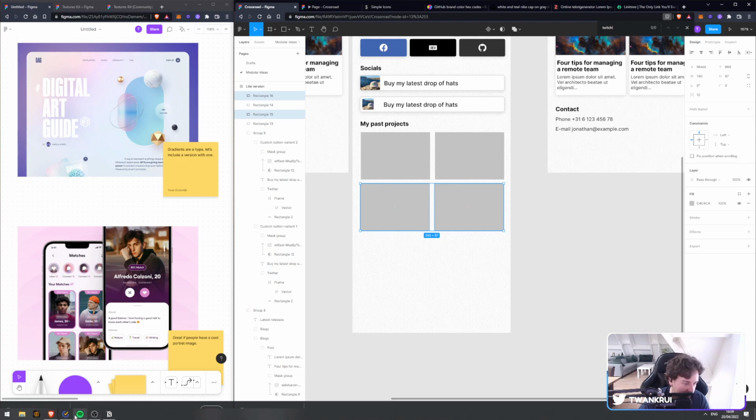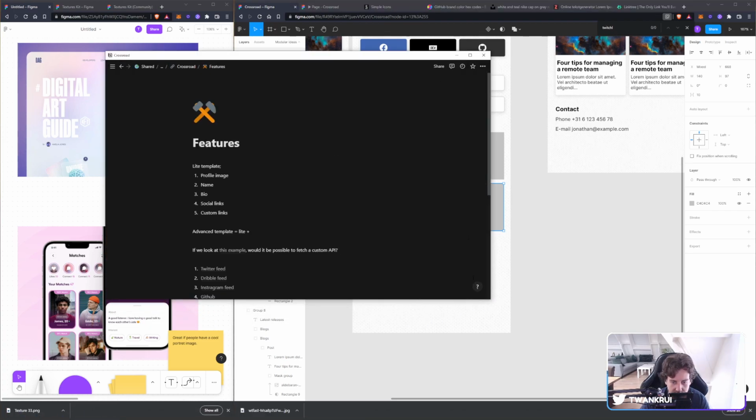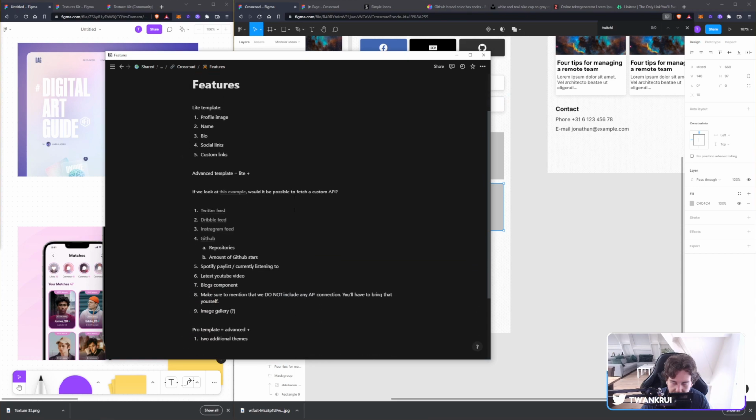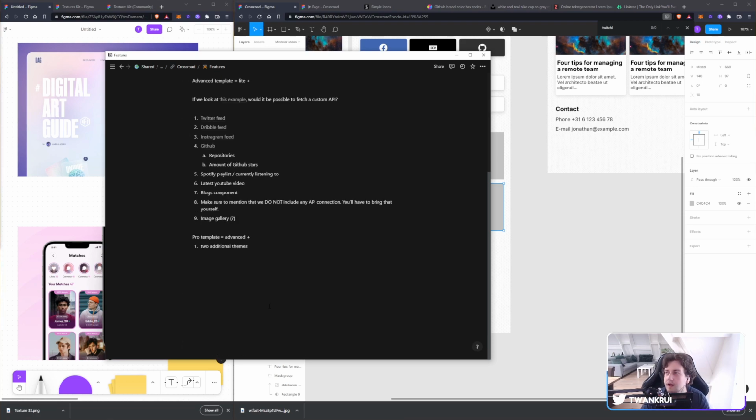I have this little list in Notion of things I want to include. Where is it? Like the features list, which then again you can reach via project. So like, maybe a Spotify player currently listening to it. These are just ideas. I might not actually include everything. The reason why I'm targeting more like people who know a little bit of HTML is like,